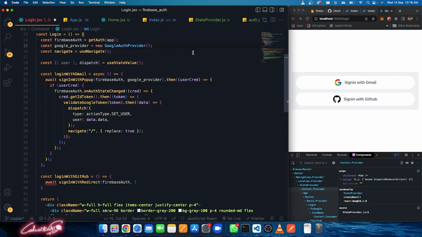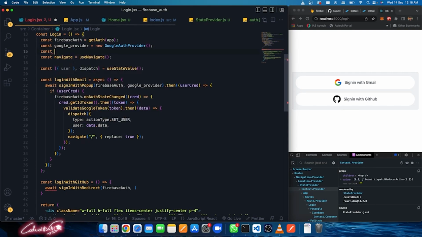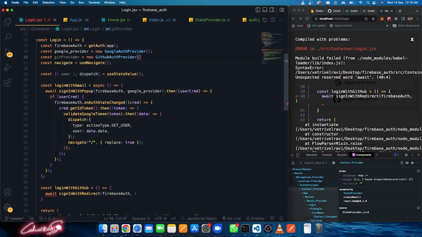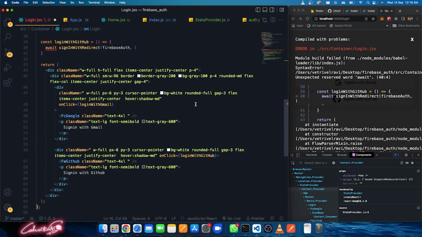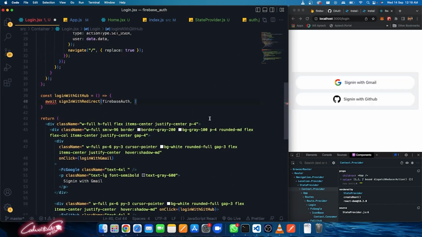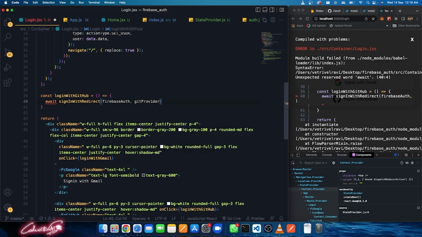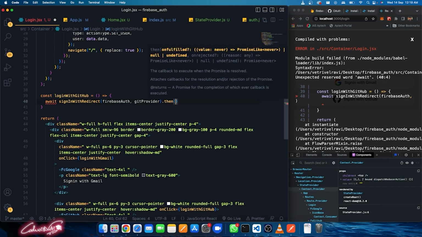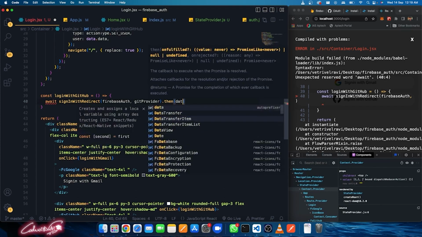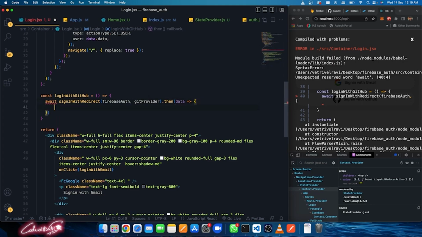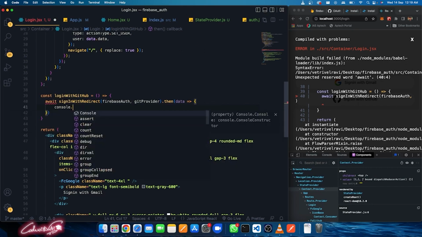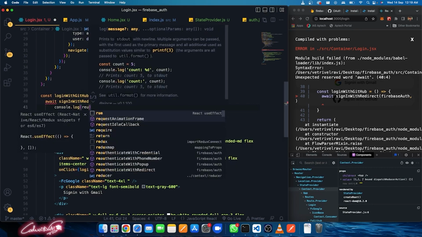Google provider, we are going to use GitHub provider. Const git provider equals new GitHub auth provider. Save the changes. All right, so that will throw an error, no issue, we haven't supplied it here. So git provider, okay, and that will give you the result, then open it, and that will give you the data. Get that data, and if you want to console log it, let's console.log that result, sorry,